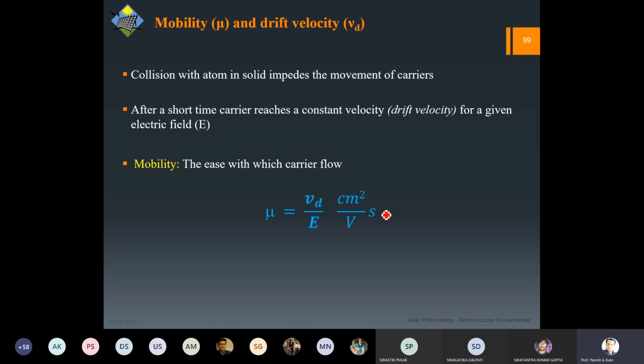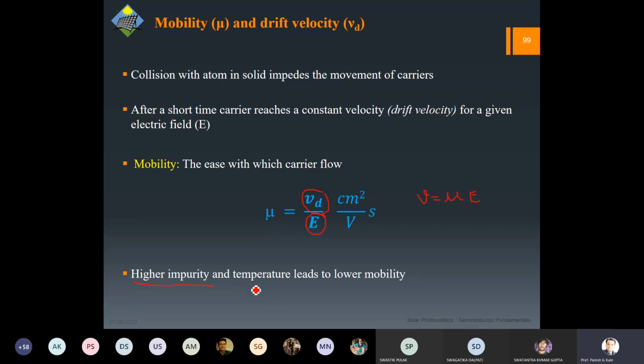So this mobility and drift velocity are related, and obviously it is coming because of the electric field that we are applying. So mobility is inversely proportional to the field, and it is proportional to the velocity. Rather, we will remember this formula: v = μE. So obviously, who will impede this mobility? Most probably, it is the impurity, the atoms which are abnormal for any semiconductor we are considering.